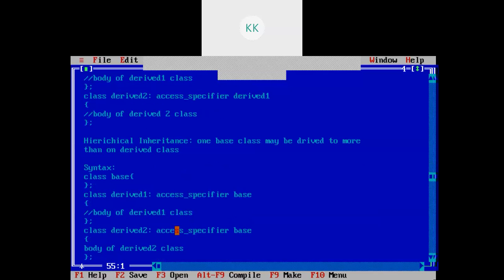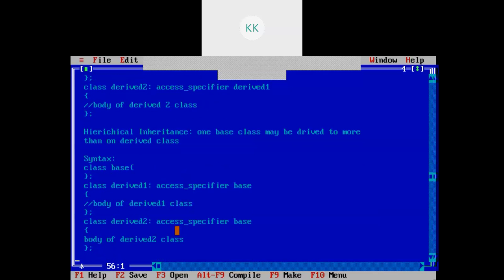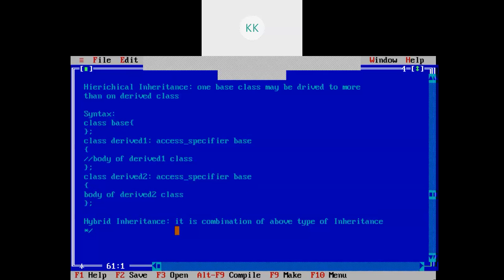Last type is hybrid inheritance, a combination of one or more inheritances which we have already studied, right? So we will start implementing first from single inheritance.